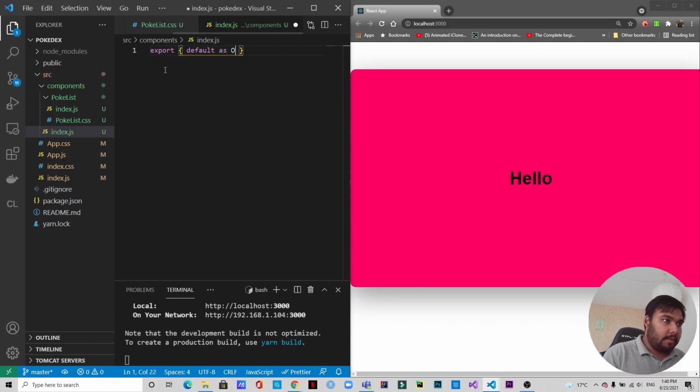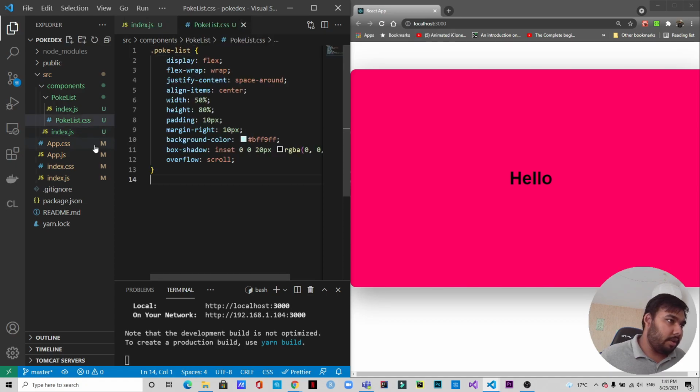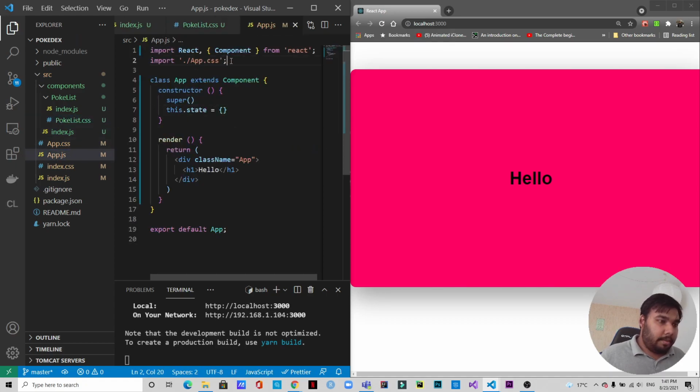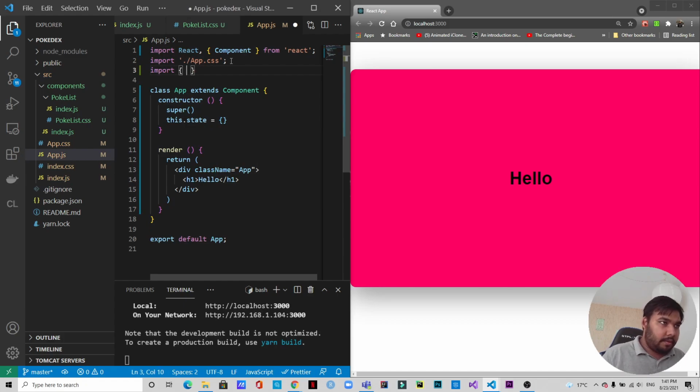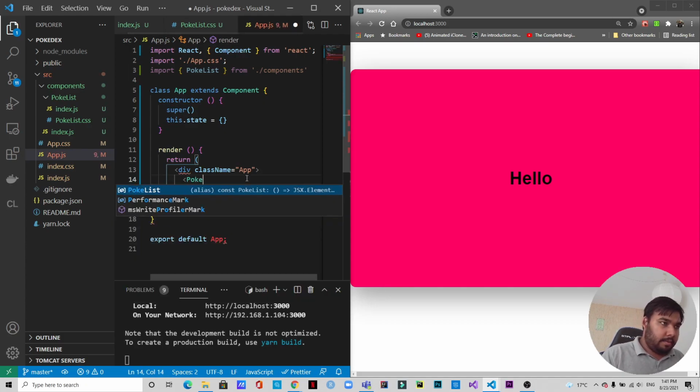default as PokeList from PokeList. Let's save it. Okay, now let's go to the app.js, and before that let's close it first, and let's go to the app.js, and let's import PokeList from components. Okay, and instead of this hello h1 tag, let's remove this and let's write PokeList